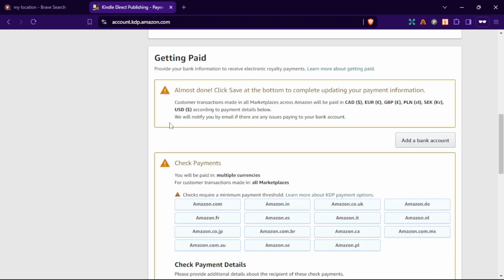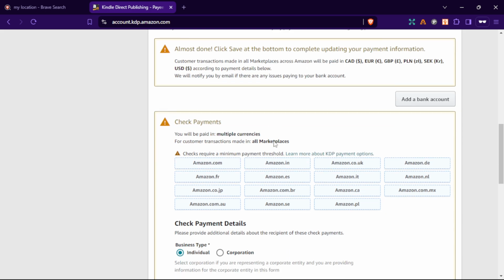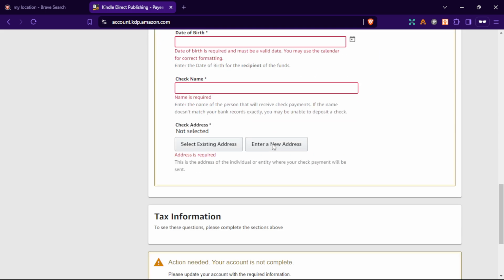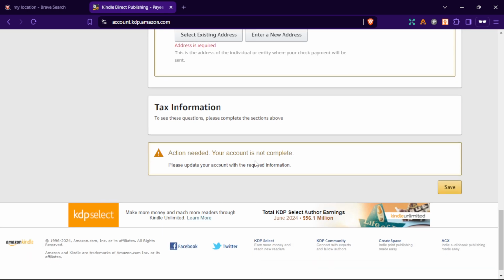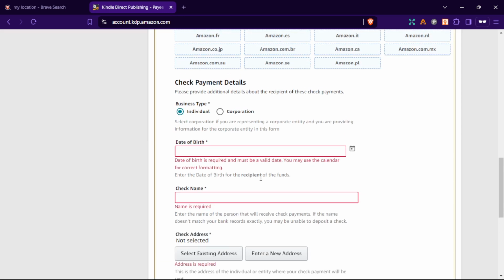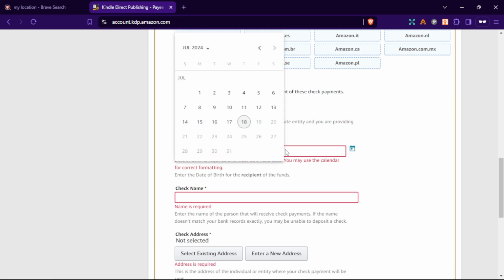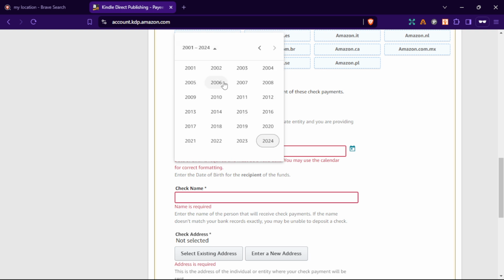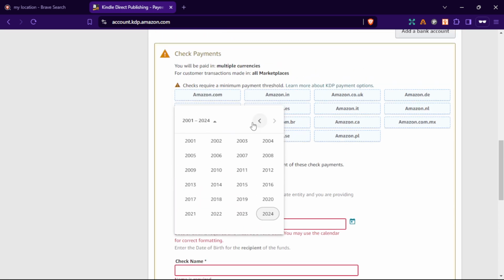Okay, so you click on I don't have a bank account. Now scroll down to the end and you will see where you select your date of birth. Just select your real date of birth. You can select, let me see,